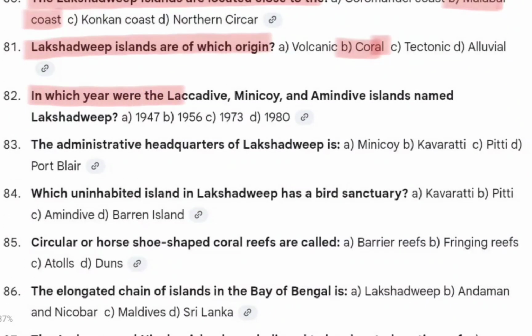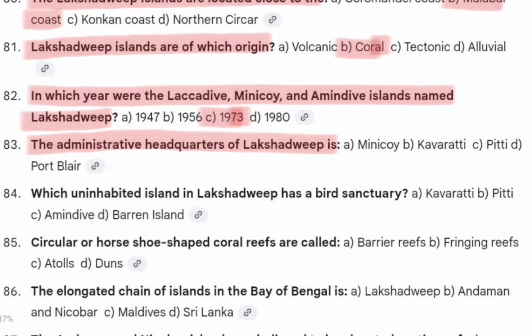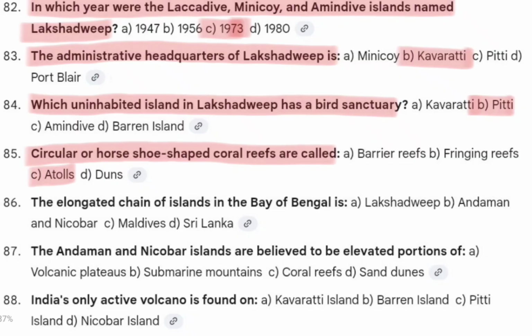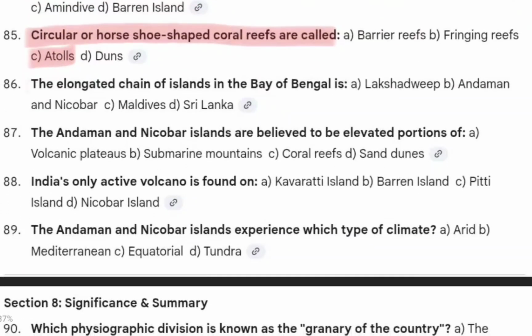In which year were the Laccadive, Minicoy and Amindivi Islands named Lakshadweep? 1973. The administrative headquarters of Lakshadweep, meaning the capital, is Kavaratti. Which uninhabited island in Lakshadweep has a bird sanctuary? That is Pitti. Circular or horseshoe shaped coral reefs are called atolls. The elongated chain of islands in the Bay of Bengal is